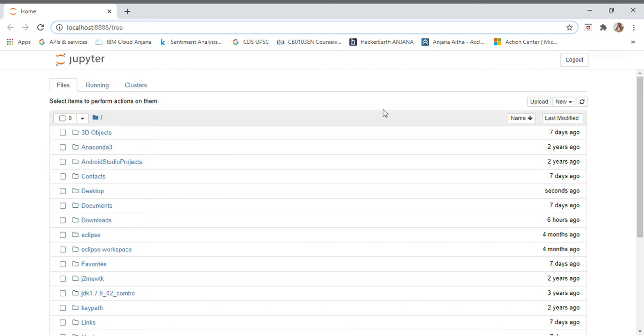Here is my Jupyter notebook, root directory opened. I already have Anaconda Python installed on my system, and that's why I can directly access Jupyter notebook. If you don't have Anaconda Python installed, you can directly go ahead and download Anaconda from its official website. And then you can start this by giving a simple command in command prompt like jupyter-notebook, or you can also give it in your search bar